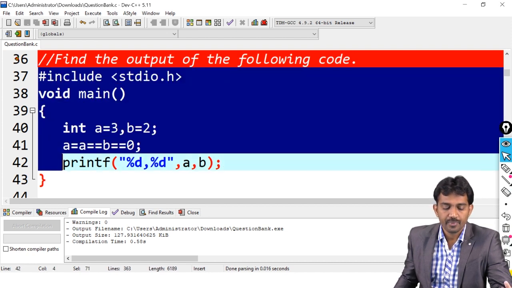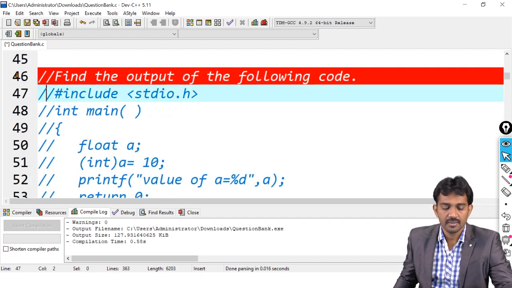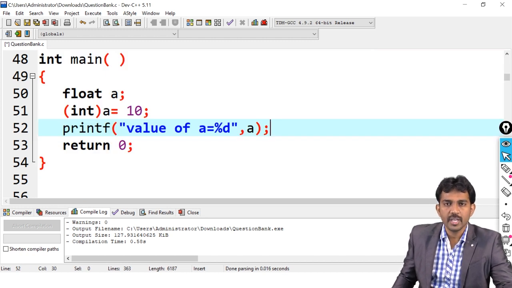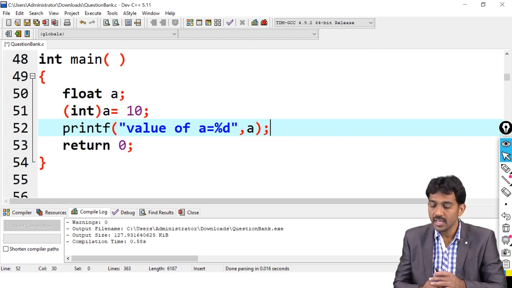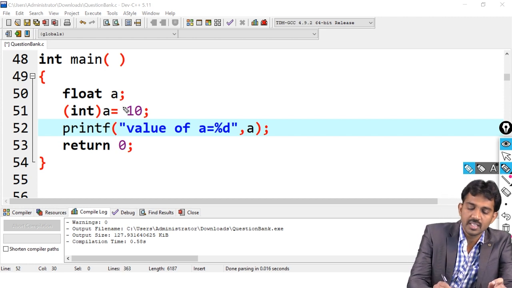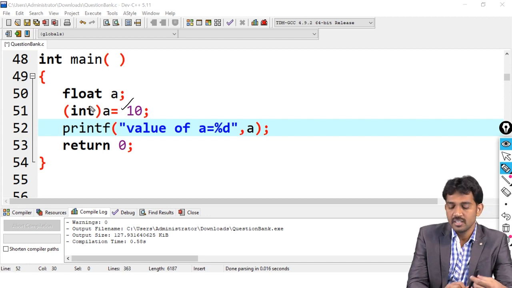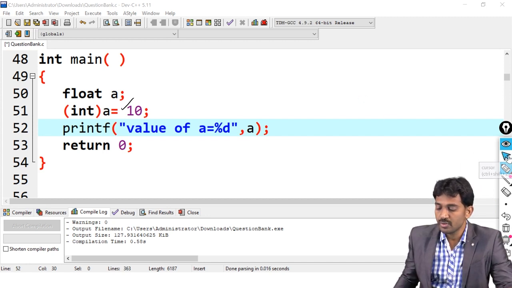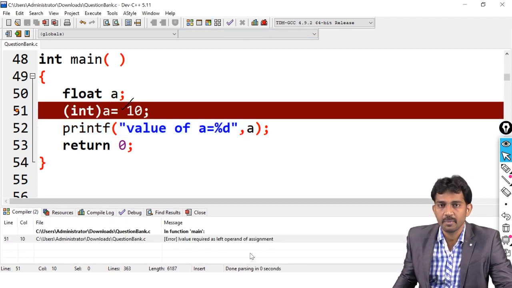Next, we'll see the next problem. So try to observe all the modulations, try to change the values. Okay, try to think. See, what is the output of this one? It's a typecasting, right? But as per the definition, the typecasting should be available on which side? Right side. But where is it? It is at the left side. So this is an error. Please note this. Because int should always come here, not at the left side. It should come at the right side. See, if you run this code, what is the output? You will observe here, L value is required as a left operand for assignment. Is this clear? L value is required.